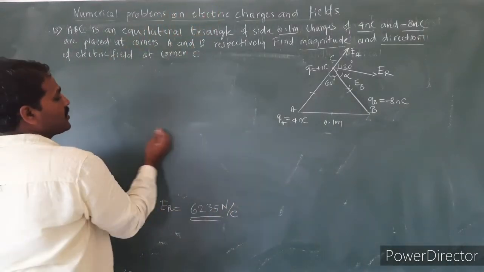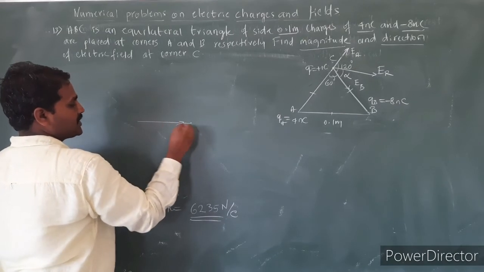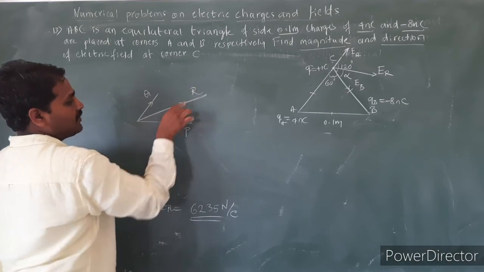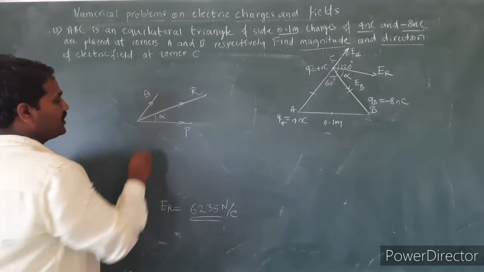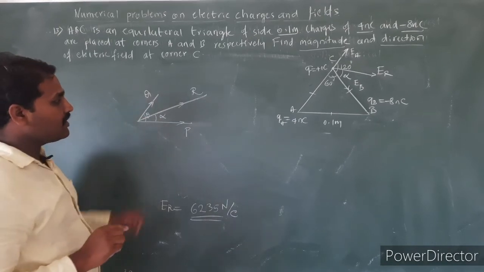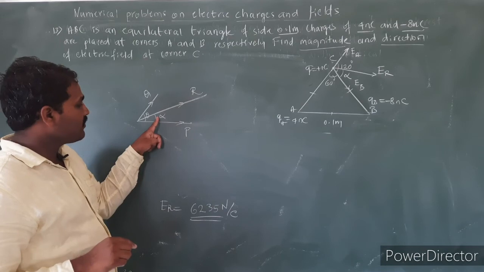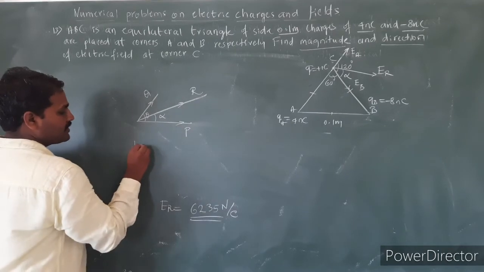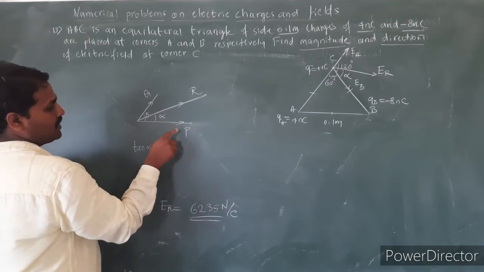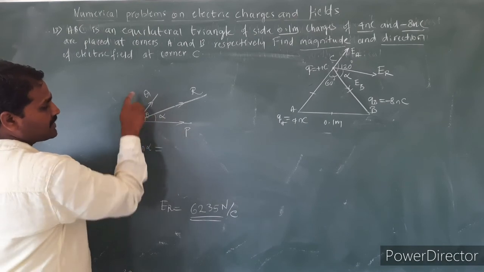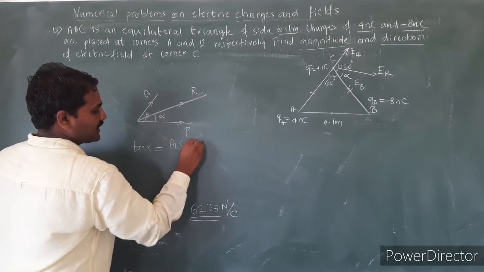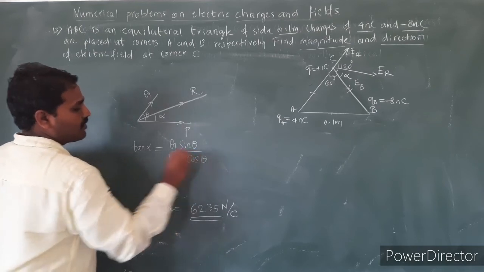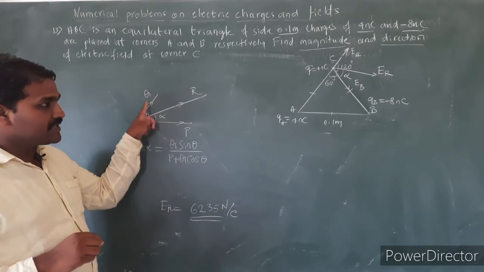In the first year classes we have studied, if I have two vectors like this, if this is vector P and this is vector Q, let us say my resultant is somewhere here. If the resultant R is making angle alpha with respect to one of the vectors, let us take this as P, so we have the relation tan alpha is equal to what? It is making angle alpha with respect to P, so I have to consider Q here. So this is equal to Q sin theta divided by P plus Q cos theta, where theta is the angle between these two vectors.